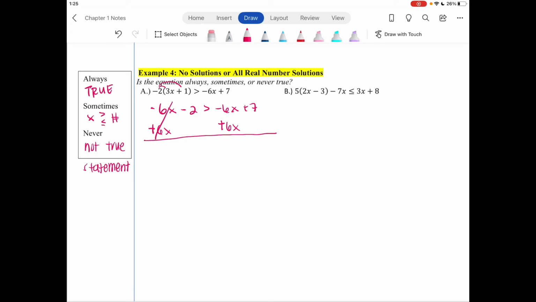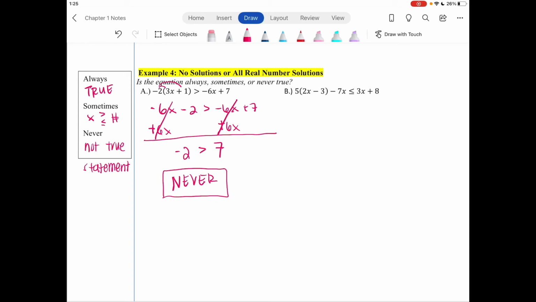But it also cancels out here on the right, which means all we're left with is negative 2 is greater than positive 7. Now we need to ask ourselves, is this a true statement? Well, no, negative 2 is not greater than 7. Therefore, this is a never inequality. That means that there's no number we could ever plug in for x that's going to make this inequality be